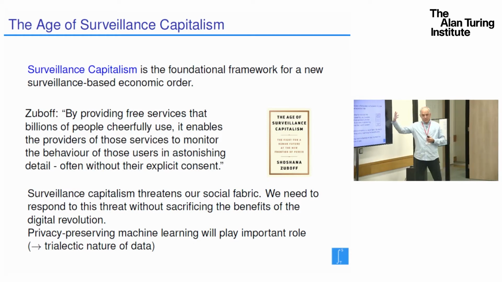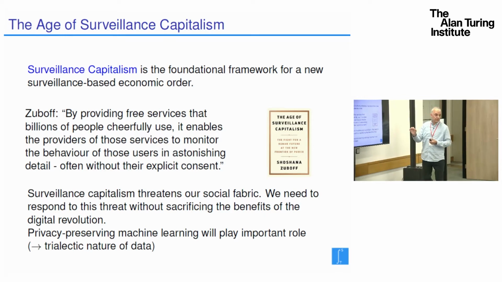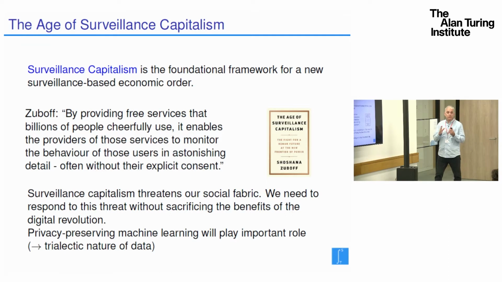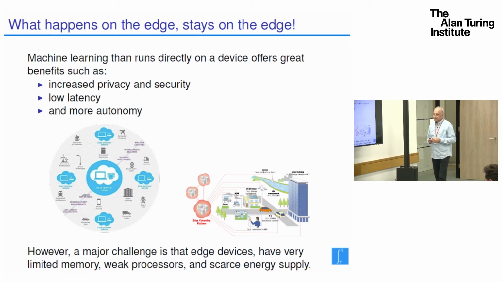But it's not just prediction about our behavior, it's in meanwhile modification of our behavior. Facebook knows how to modify your mood. Amazon has patents how to modify your mood. Pokemon Go, a harmless game, was actually designed to see if Google can steer you in certain directions. So this is a real threat, in my opinion, to our society, and the question is what we can do about it. For time reasons, I will not say much about this, more than